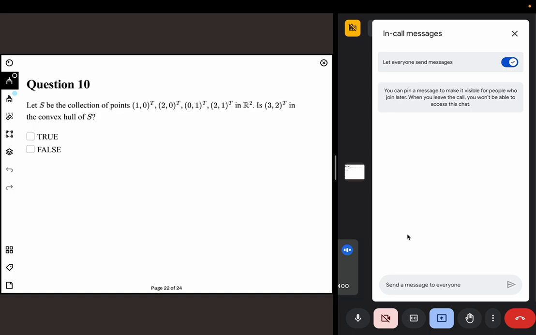Now comes the concept of convex hull. You have a certain collection of points: (1, 0), (2, 0), (0, 1), (2, 1). With these points, I'm asking whether (3, 2) is in the convex hull of S. Just like a fin hull, convex hull is the same thing. It's the smallest thing that you can wrap around the points. So if I just plot these points,